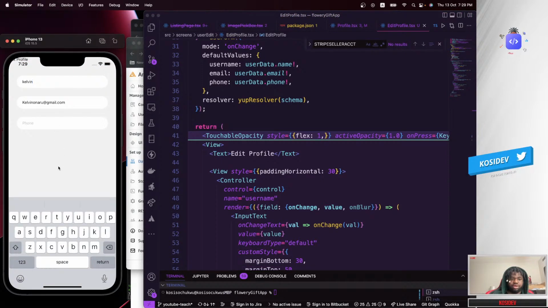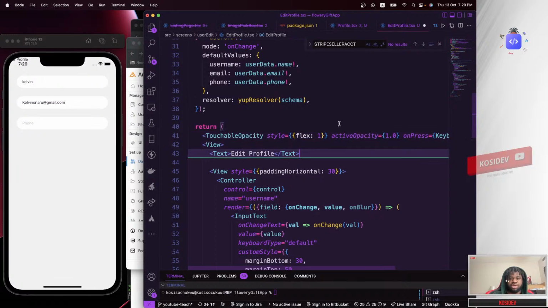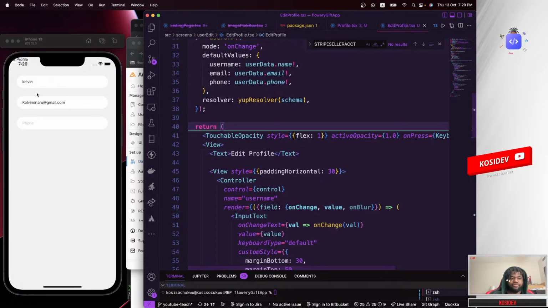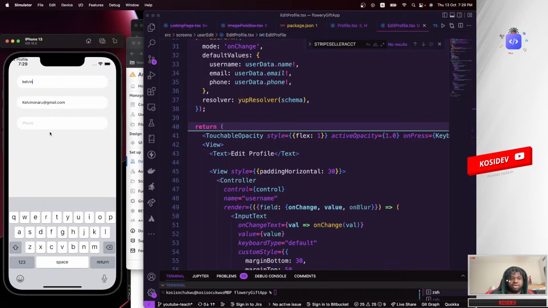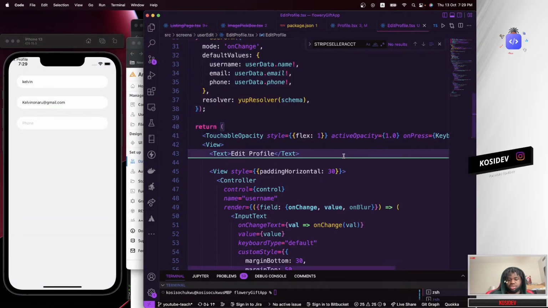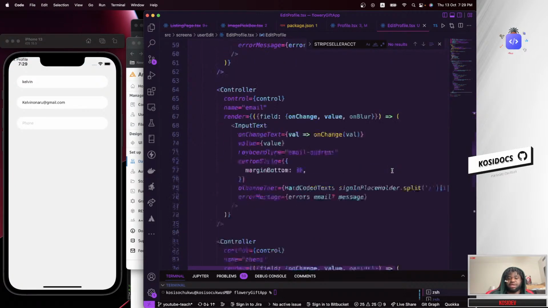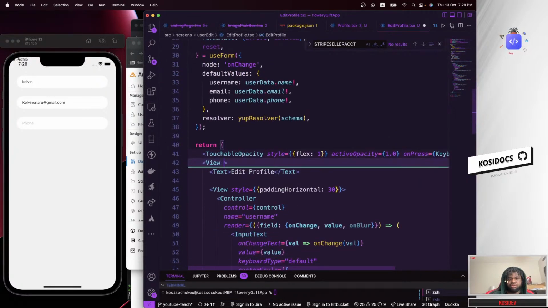So right now the reason why I added the flex one is because I want this to take the full width of the screen, the available screen. So that's the reason we added the flex one. So if you see, now if you tap anywhere, this keyboard goes away. That's cool. Next stuff right there is to add our styles. I'm going to add a style property to the parent view here. I'm going to say style is equal to styles.container,